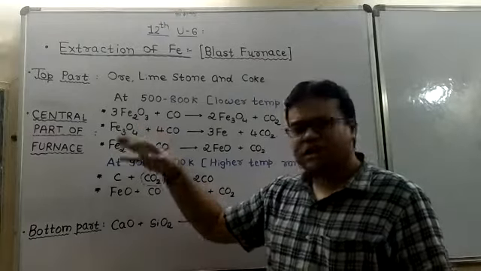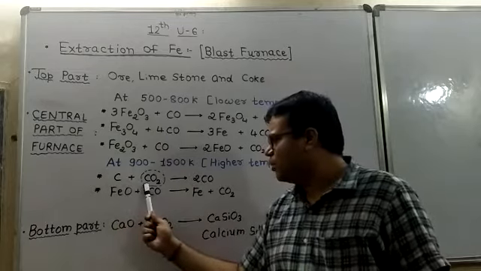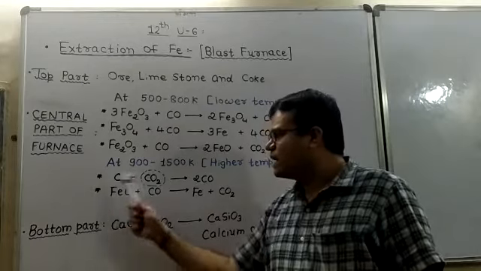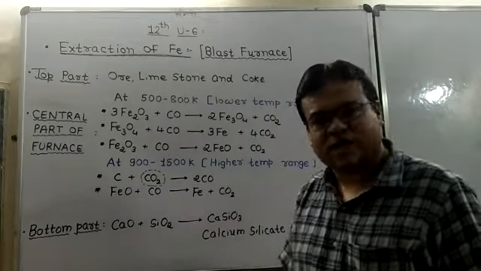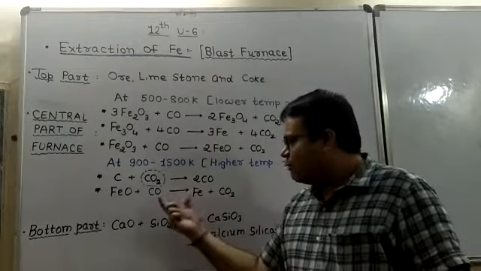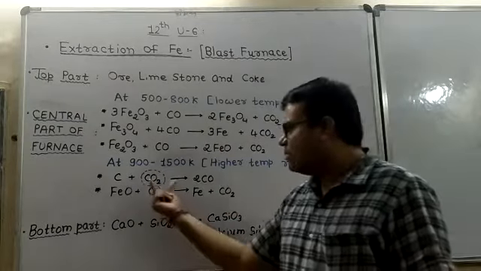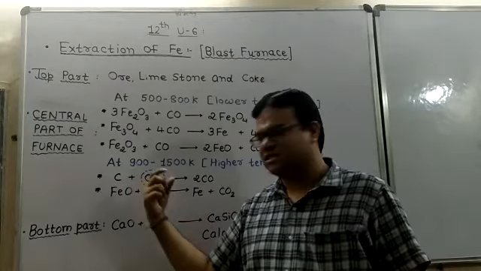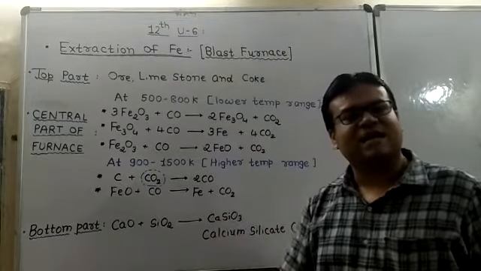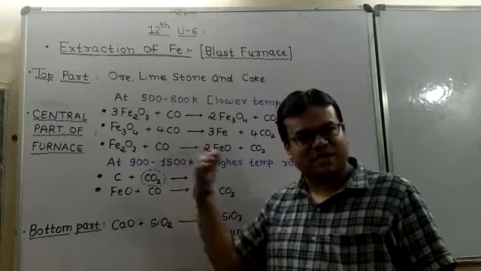Now, if we observe the reaction at the higher temperature zone, we have already discussed carbon plus carbon dioxide giving carbon monoxide, and this carbon monoxide reduces FeO, ferrous oxide, to give iron and carbon dioxide. Now basically in this reaction, whatever limestone we started with, carbon dioxide is also part of the utilization, but the slaked lime, solid calcium oxide, deposited at the bottom part of the furnace reacts with silicate impurities present in the ore.